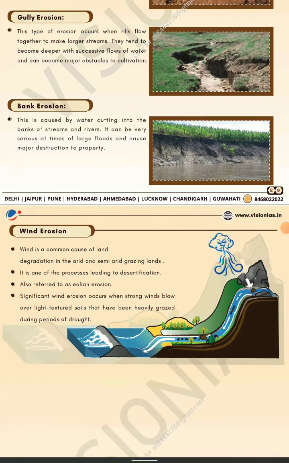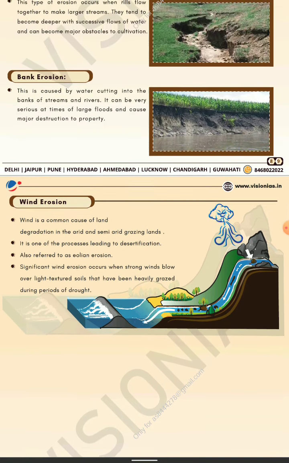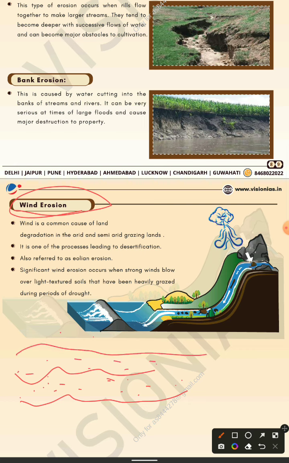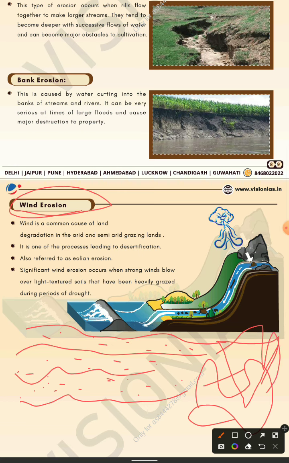Then you move on to wind erosion. Wind erosion, how does it work? You have only the one, through the wind erosion, that is the wind moving on. The sediments can be carried, then the wind can deposit the sediments, then lay them down, and then you have found the deposit on this side, that is like a barkhan, oxbow lake, and the other maximum deposits inside. Then the wind is a common cause of land degradation in the arid and the semi-arid grazing land. That is the process leading to the